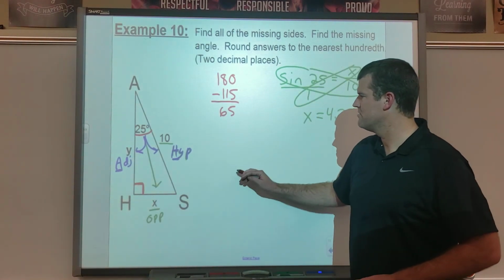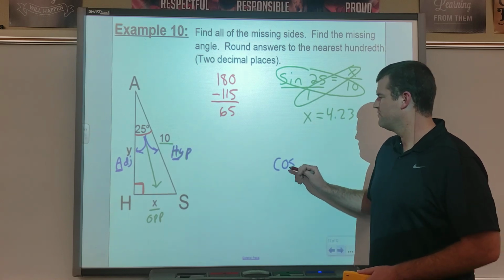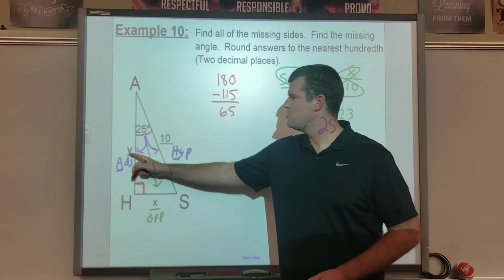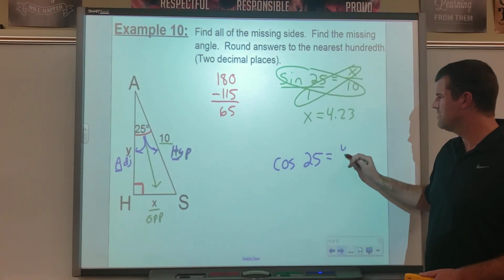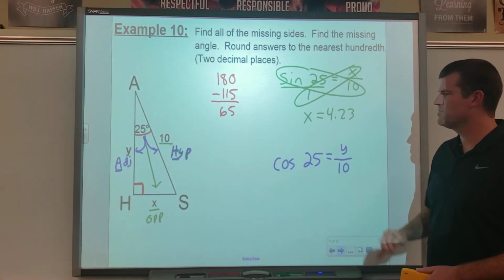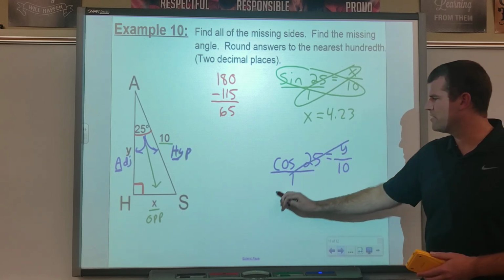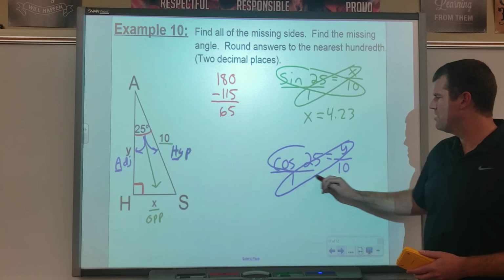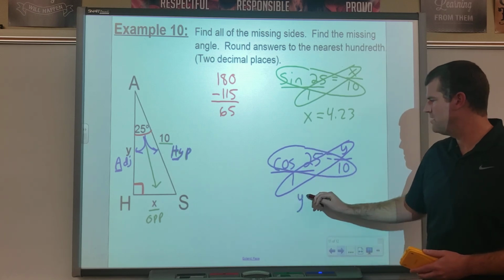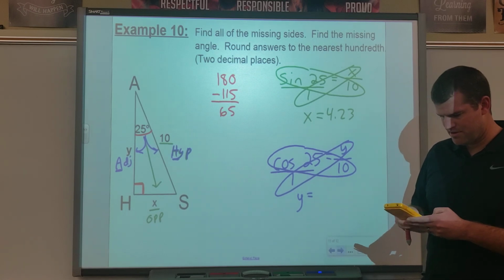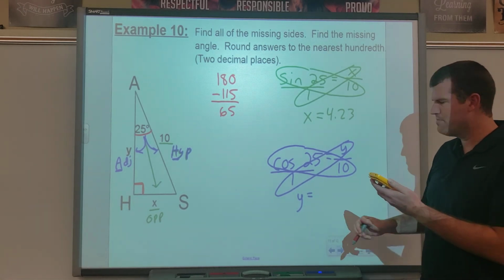Adjacent over hypotenuse. So cosine of 25 equals the adjacent, which is y, over the hypotenuse, which was 10. And just like any other trig problem, set it up, cross multiply, and y equals cosine 25 times 10,